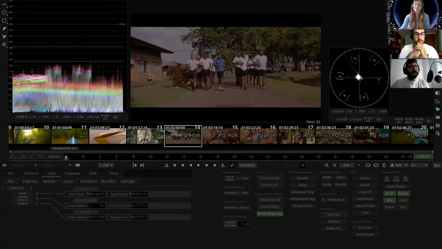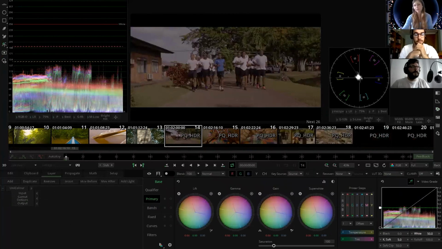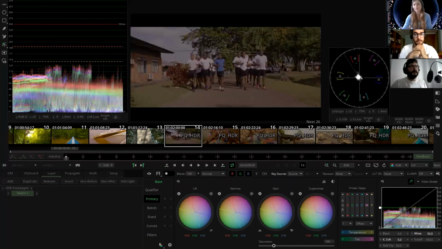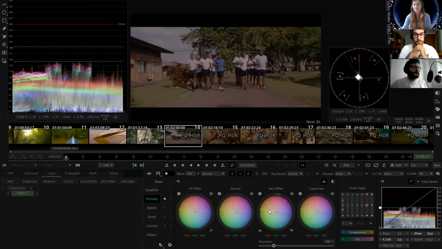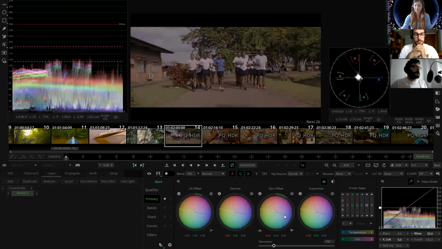Okay, so if I did my grade here from this color grade node, clearly I want to define another option here. Going to remove, as we did in the SDR one, that magenta fill that it had,